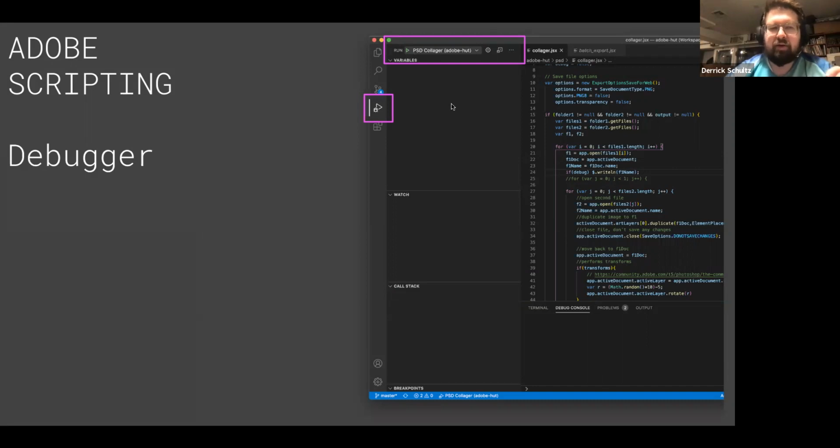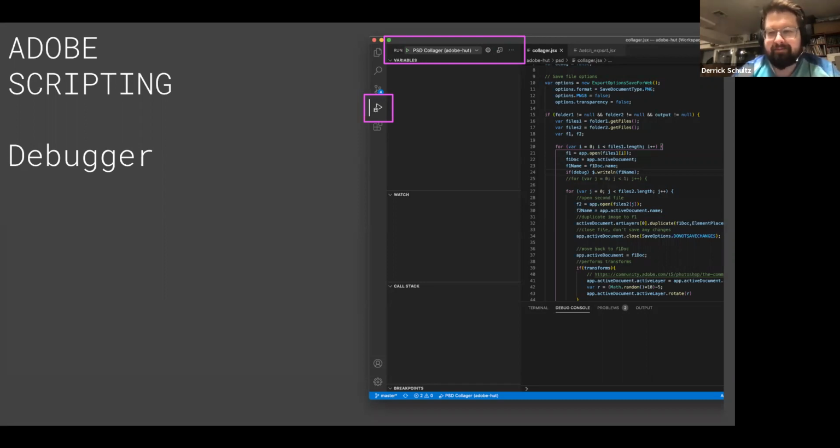The reason you might want to use debugger is, if you've ever done scripting in JavaScript or anything, there's a debug console where you can output things. A lot of times you use this command called $.writeLine, which allows you to output, let's say you're trying to track the file name of something. If the file name isn't coming through correctly, you can send it to the console to make sure you're getting the right thing. So debugger is the only way for you to actually do debugging to the console.